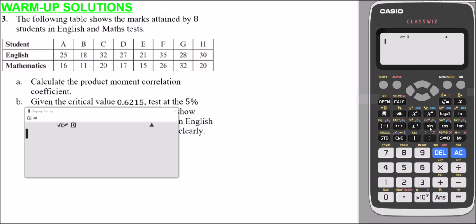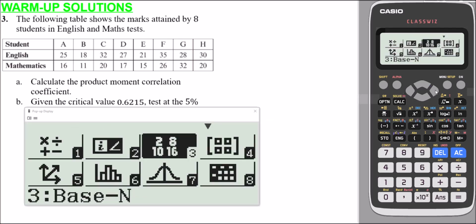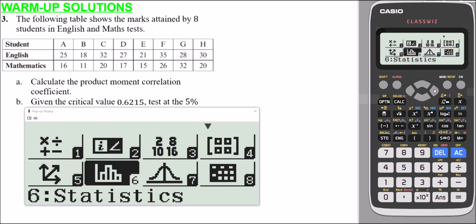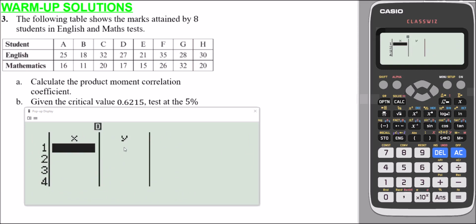If we take it here, on this particular version of the calculator, I'm going to press menu. I'm going to scroll to statistics, because understandably this is a statistics-based question. Press equals. Now this time, I don't want one variable. What I'm wanting here is to establish a linear relationship. Option 2, y equals a plus bx, is essentially y equals mx plus c, written differently. So this is what we're going to use to test for correlation. Then x and y can be in any order, as long as we're consistent, one for maths and the other the corresponding score for English. So let's have x as the